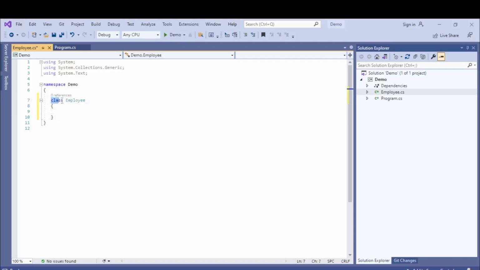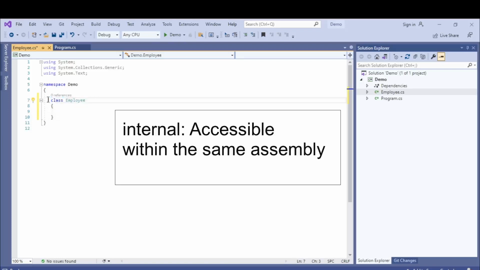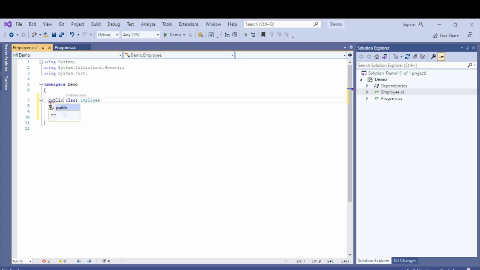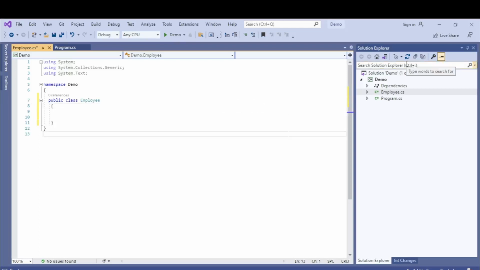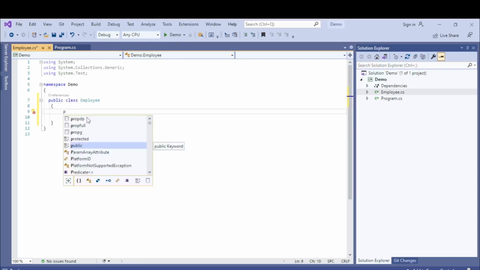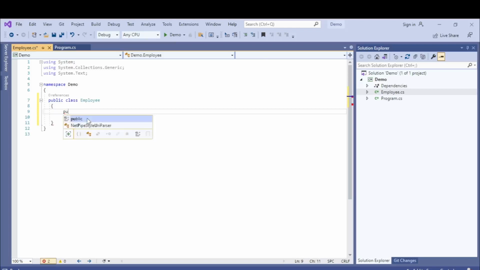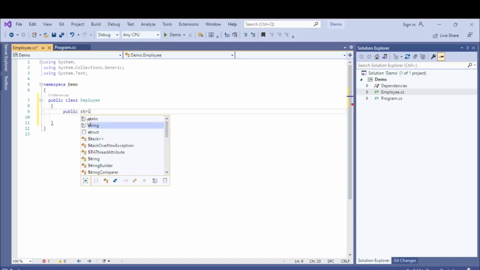And by default, the access modifier of this class is internal, means it can be only accessible within the same assembly. You should always make it public so that you can access it from anywhere with the same assembly or from other assembly. Class will have some properties, variable definitions, and methods in it. Let's define that. Let's first define a variable like public string variable emp